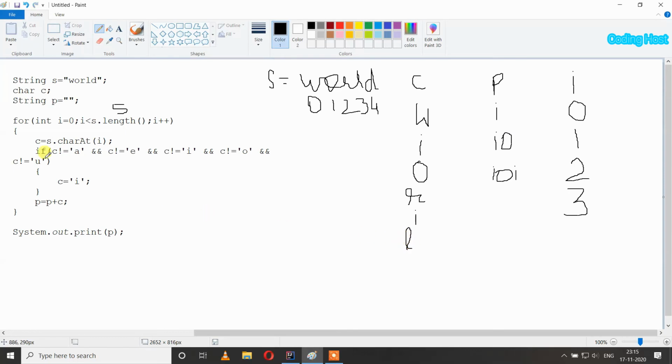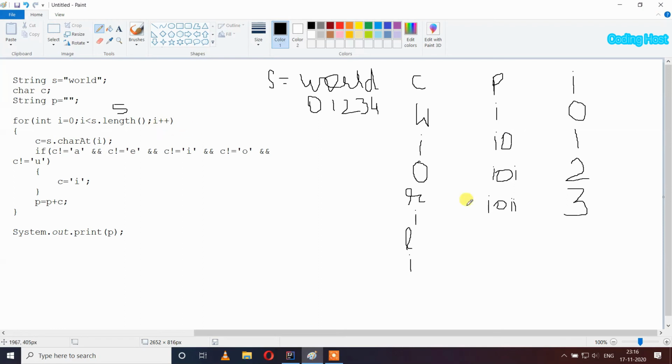And after that we will again check if it is not equal to a, e, i, o, u, so yes our condition is true and we will replace it with i, so it will become i. And after that p equal to p plus c, so p is ioi and c is i, so it will become ioii.